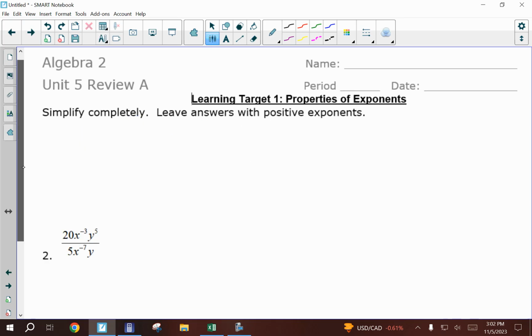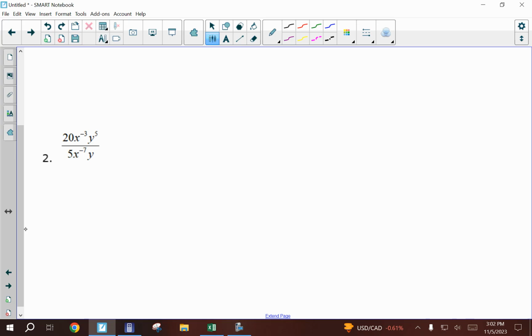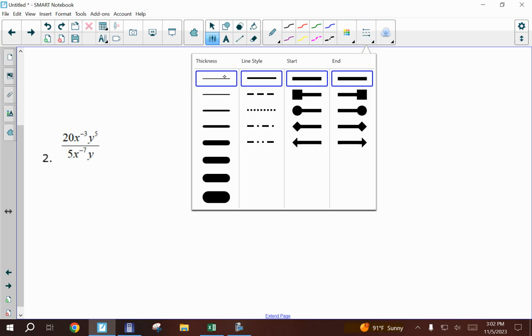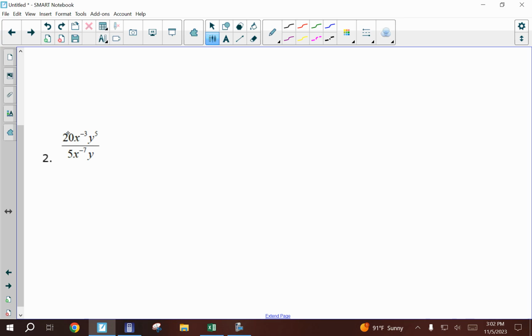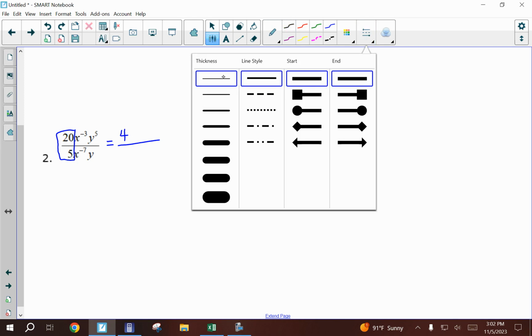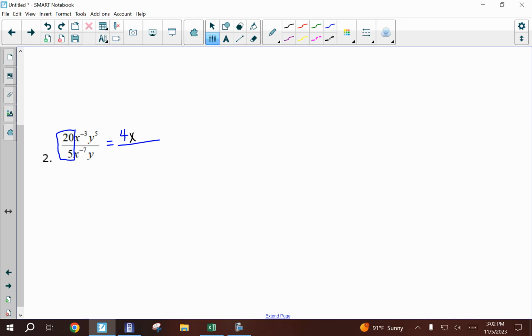Okay, problem number 2. Problem number 2 is the same kind of deal. I do want to talk about these numbers in the front. These numbers in the front, they just get treated like normal. So that basically says 20 divided by 5. So 20 divided by 5 is 4. So then I'm going to keep everything else. So I'll have x to the -3rd, y to the 5th, and then x to the -7, and then y